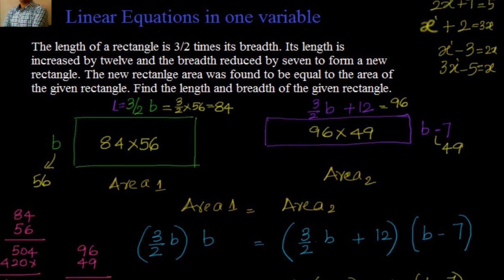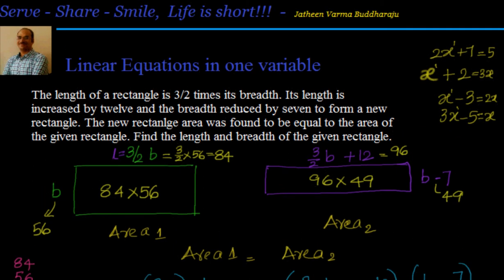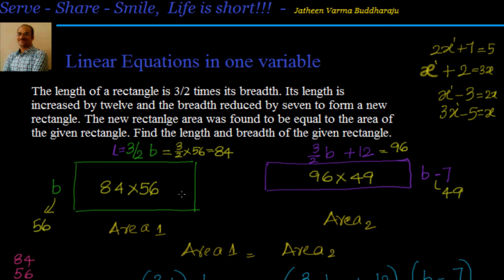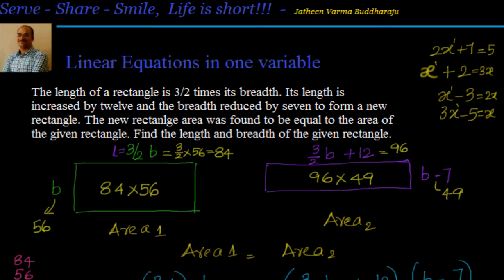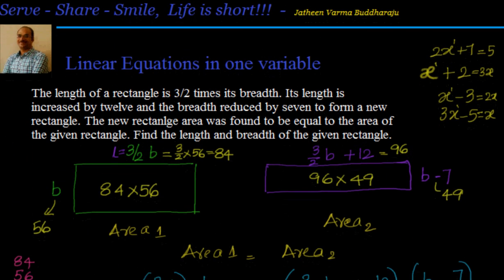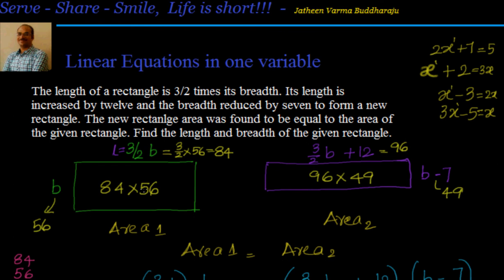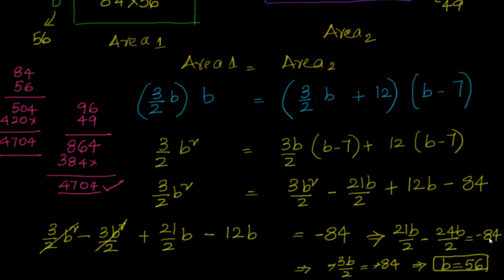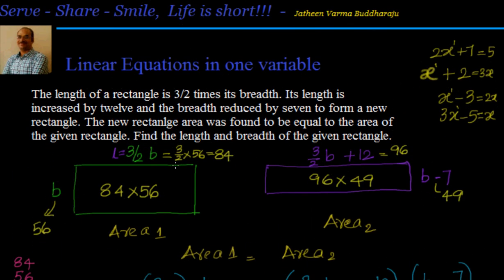Always remember, in linear equations in one variable, you have a chance to check whether you did it correctly or not. You can equate to the condition whatever is given to you once you got your values to make sure that you got it right. So that's about a simple example in linear equations in one variable. We have been given a rectangle. Its dimensions were modified, but the area remains the same. The key lies in taking the value of the breadth as b, from there onwards converting L equal to 3 by 2 into b, then modifying the length and breadth as needed, equating the areas. You can find out that the breadth is equal to 56, which gives me length equal to 84.